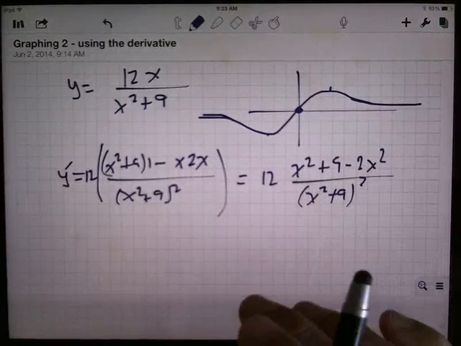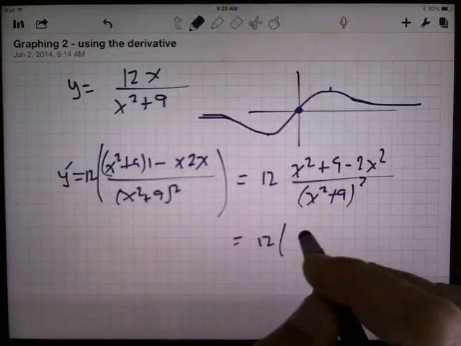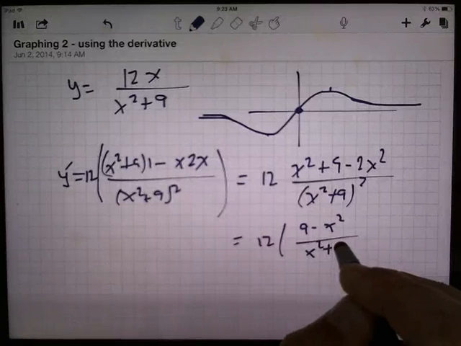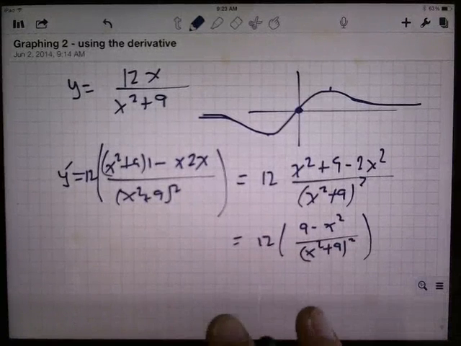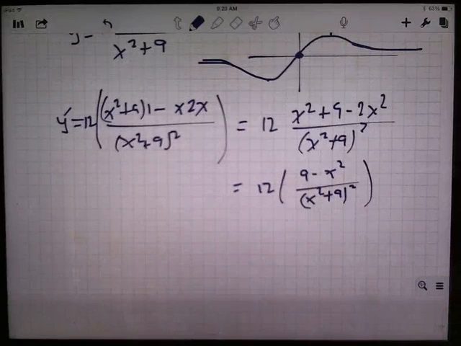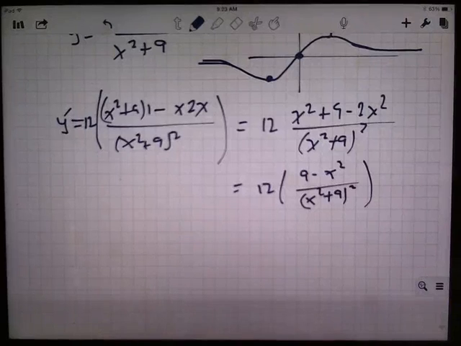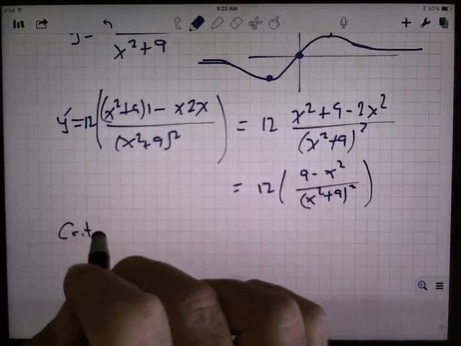The x squared minus x squared cancel out. Well, it's just a minus x squared. So I've got 12 times 9 minus x squared on the top and x squared plus 9 squared on the bottom. What I'm looking for is, where are those critical points? Where's the max and the min? So we have critical points